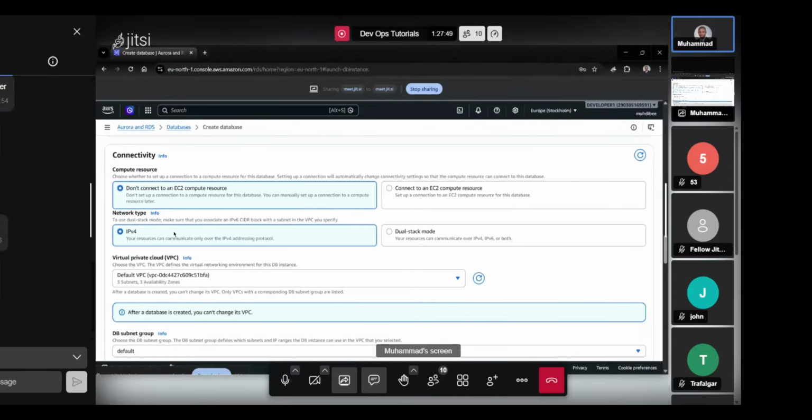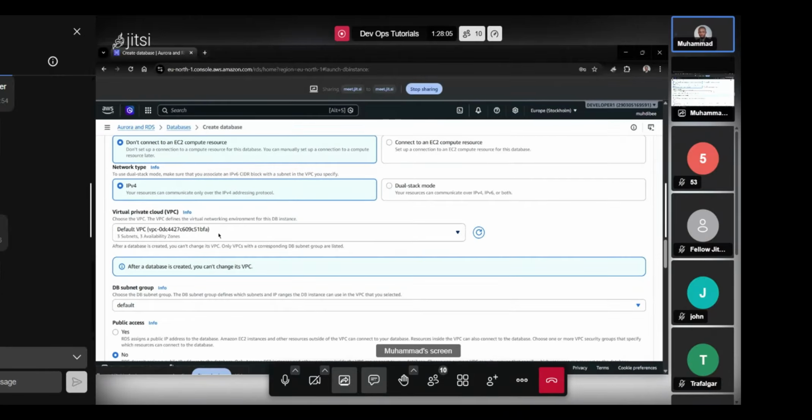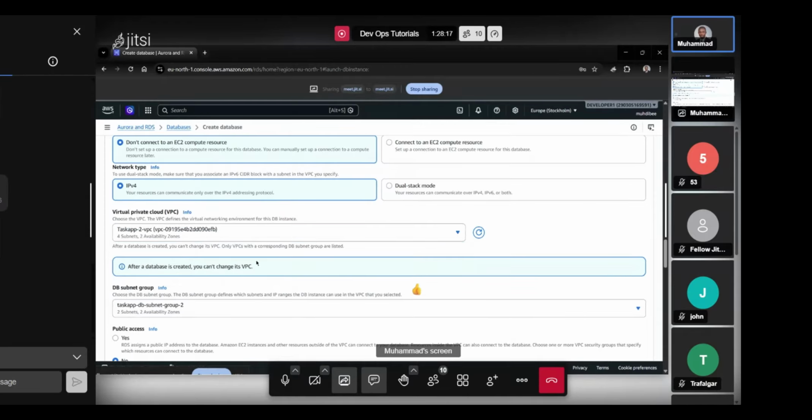So network, we just want to leave only IPv4. We don't need the IPv6 for now. If you select this, you're going to be having two IP addresses as your public IP address, which is IPv4 and IPv6. So we just leave it as IPv4. So the virtual private cloud, just like I told you, any resource that you're creating, you need to tag it to a particular VPC or your data center. So I'm going to select this tax app VPC